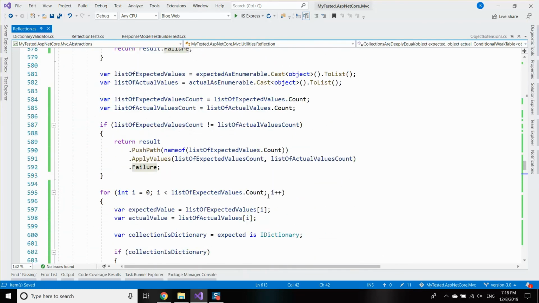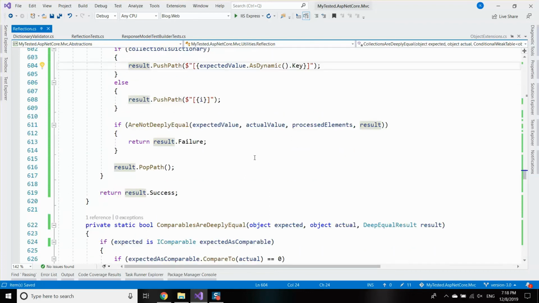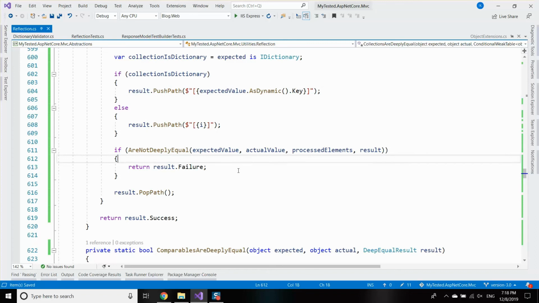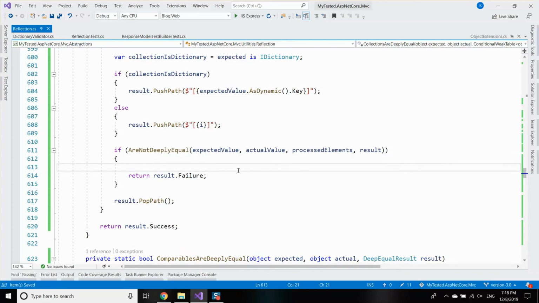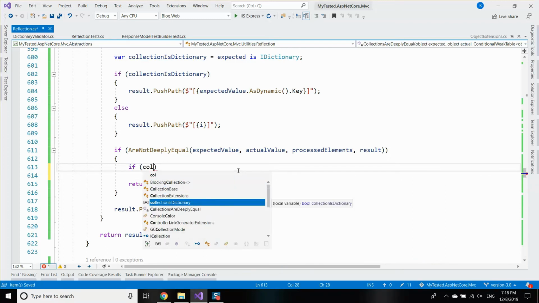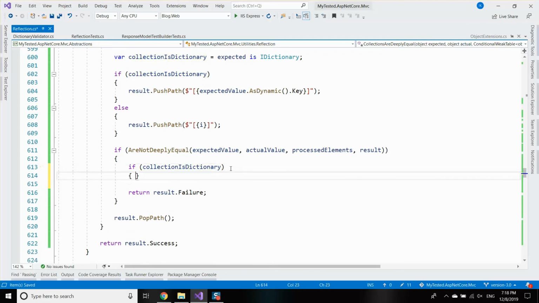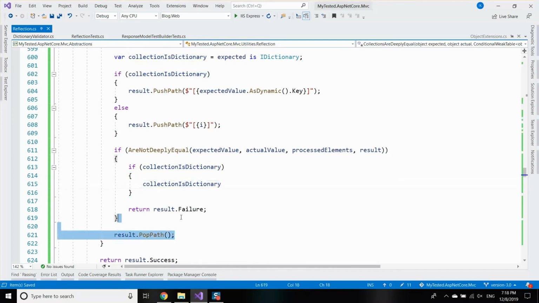I may improve that code by extracting some methods, for example, this one, and so on. But that will not be part of this video. And if I have a failure, I will check again. If the collection is dictionary, I may want to pop, but I don't want to pop if that won't work. If I result pop here,